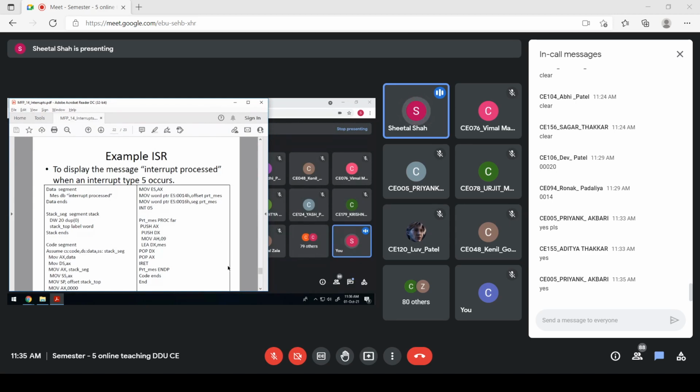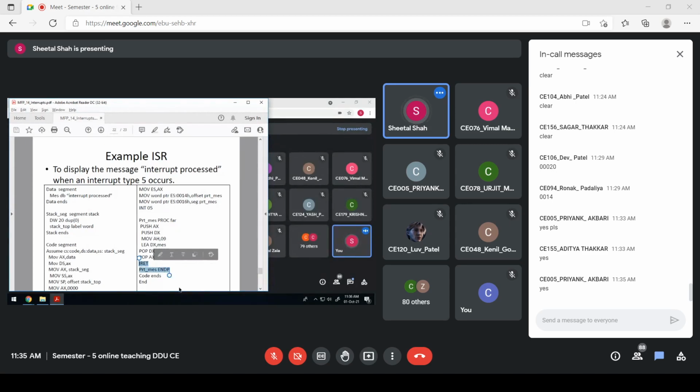Then from the interrupt vector table, at the address 00016 as well as at the address 00014, where the segment as well as the offset value of this procedure is stored, that would be loaded into the CS and IP register. And from there onwards, it would continue processing this procedure. That is same as that of as we are using the FAR procedure. It would execute this. And at the end of this interrupt service routine, we have this IRET instruction.